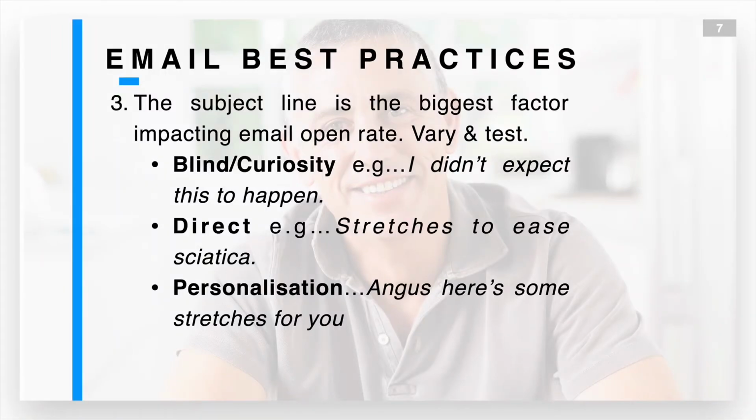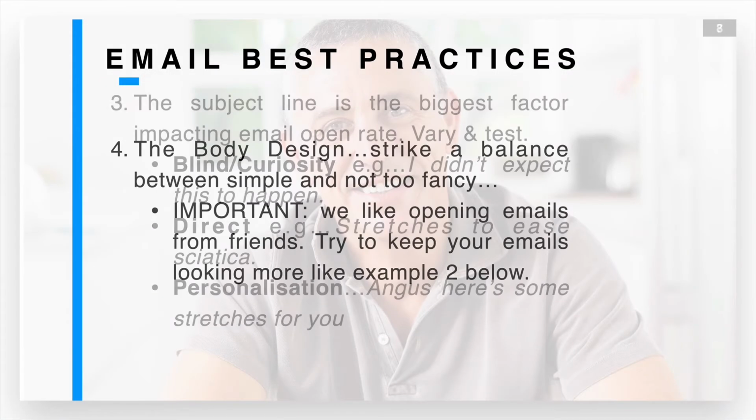When you're using an email service provider, it will allow you to insert the person's name, and you should always do this because personalization of our emails and our messages really increases open rate as well. And so it might be in the headline, it might just say, Angus, in today's video, I'm talking about 3 things to think about when choosing a mattress. That would be a little bit long, but just having my name in the headline can be a really great way to increase the open rate. So subject lines of your email have a disproportionate impact in terms of whether your email gets opened or not. So as a general rule, blind or curiosity driven is a great way to go. Direct, explain, let them know exactly what you're talking about, and add some personalization when you can in there as well.